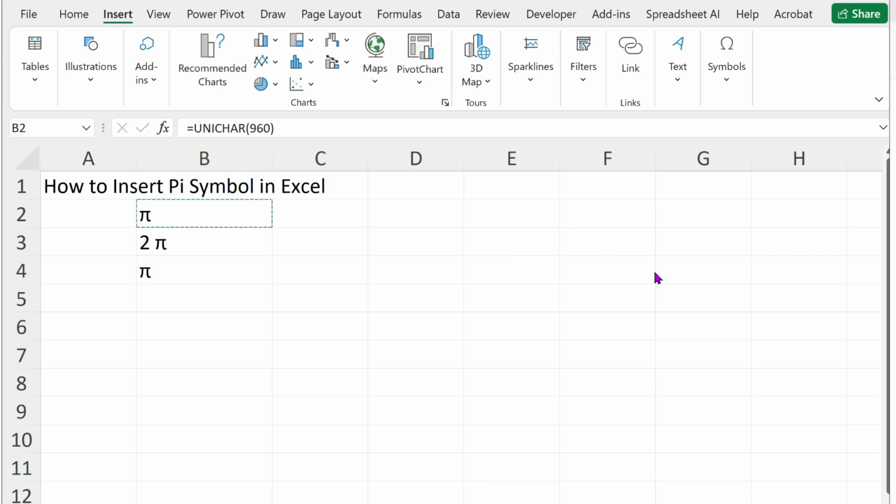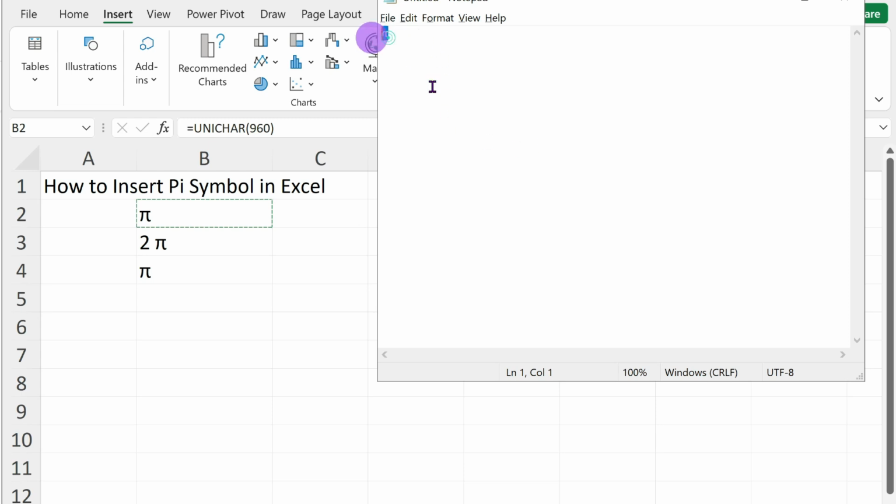If you find yourself needing the pi symbol constantly, you can set up a custom shortcut in Excel. For this you need to copy this pi symbol, open Notepad and first you need to paste it here and then again copy it,